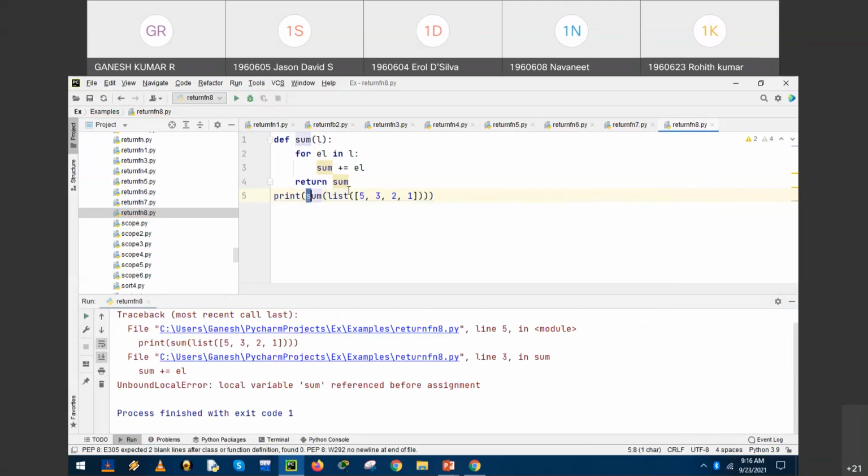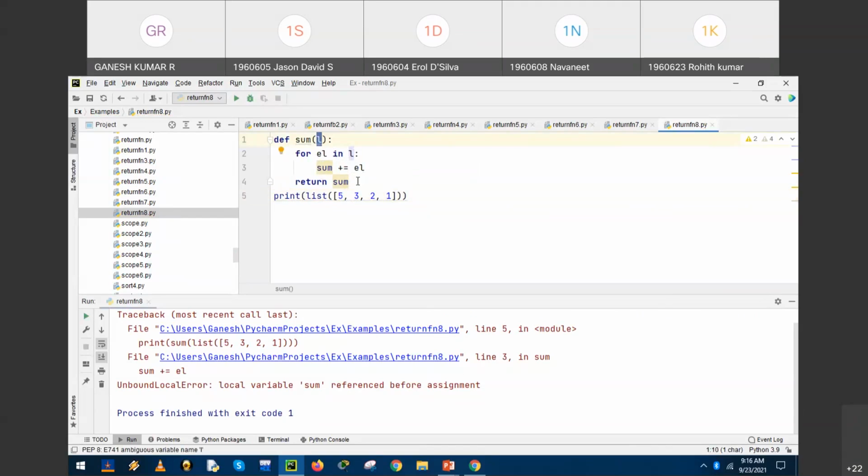So we need to correct the statement. A function is defined, yes, sum, and we have a parameter L. Okay. For ELE, the variable in the list, sum is equal to sum plus ELE.